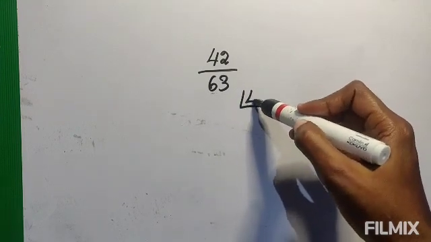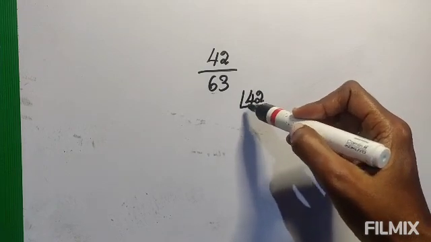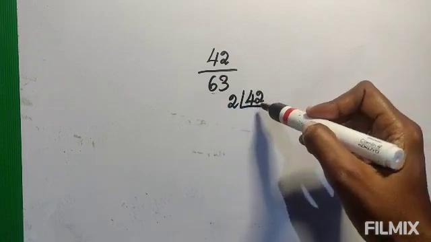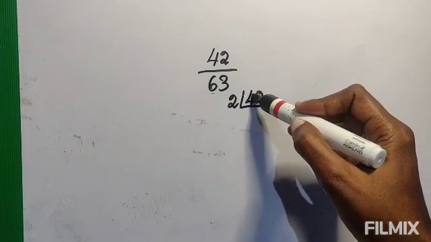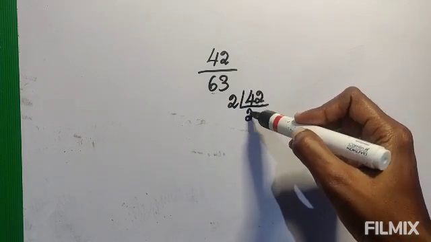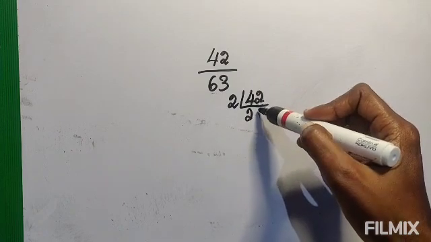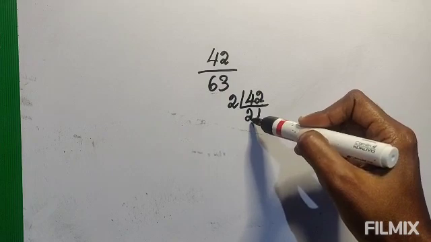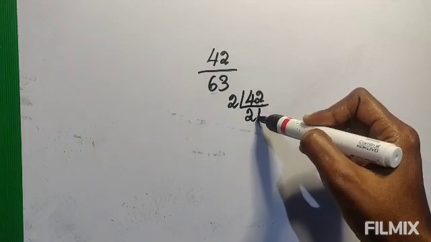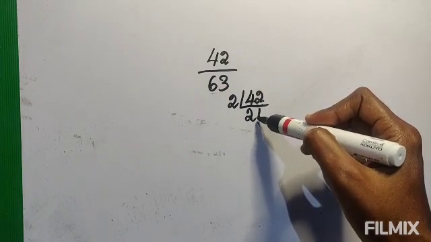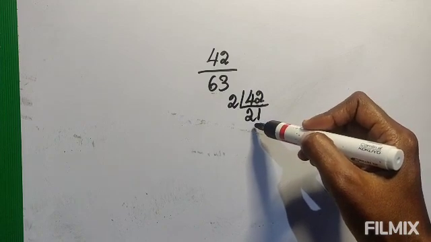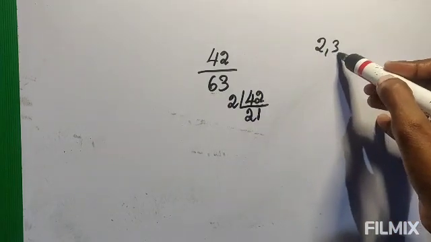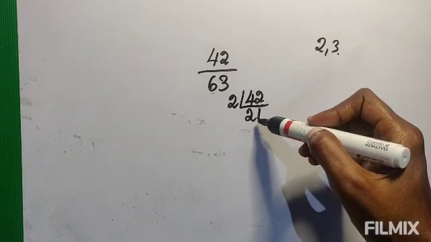So first we will find the prime factors of 42. This is an even number, so we will divide by 2. 2 2s are 4. In 4 there are 2 2s. Now in 2 there is 1 2. Now 21. The last digit is 1, so this is an odd number. Only an odd number can divide this number. After 2, the next odd prime number is 3, so you can check whether it can divide by 3.